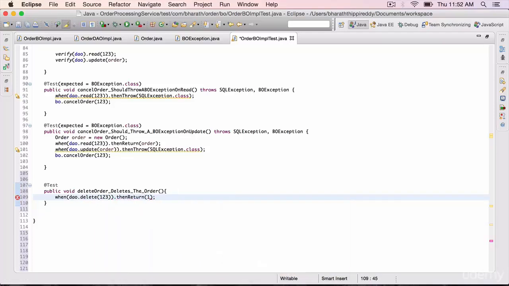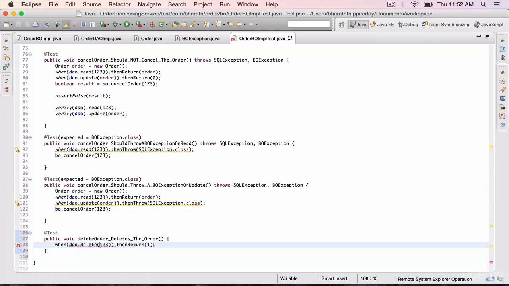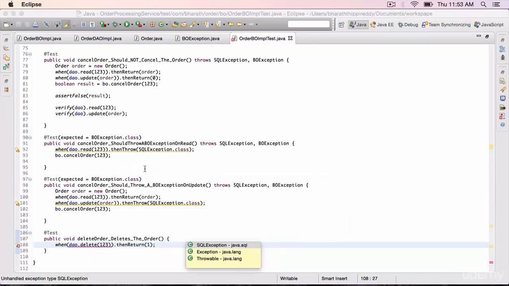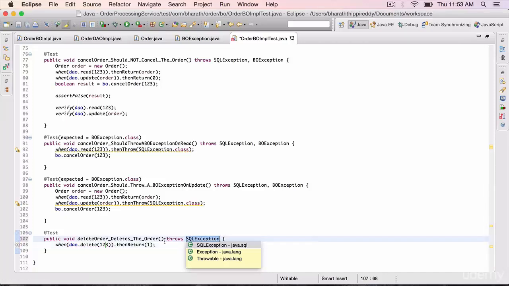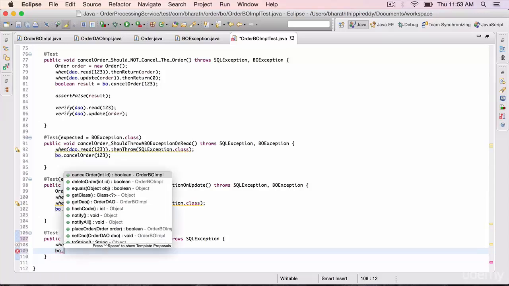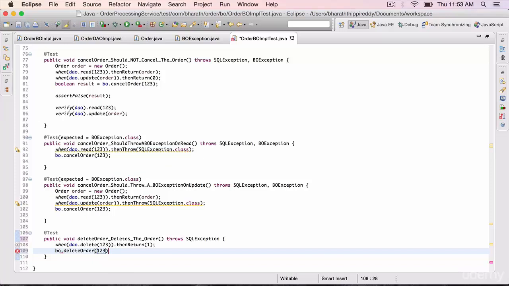We are testing the positive scenario to start with. This delete throws a SQL exception, so add a throws declaration by hitting Ctrl 1. The next step is to call the bo.deleteOrder and pass it 123.